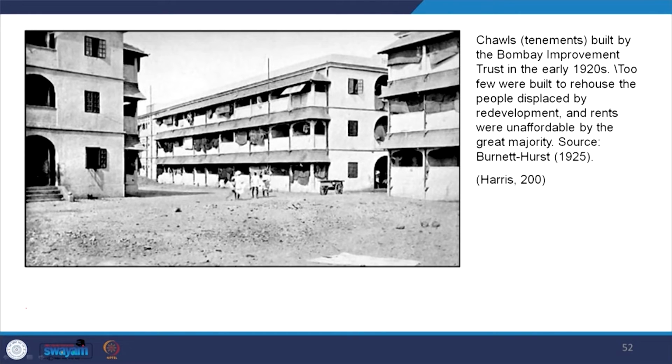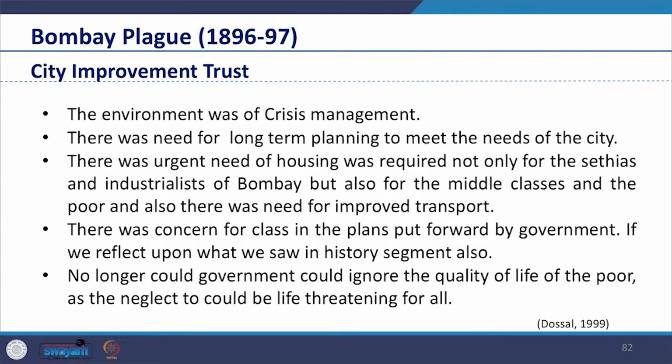Very few were built to rehouse the people displaced by redevelopment, and rents were unaffordable for the great majority. The environment was of crisis management. There was need for long-term planning to meet the needs of the city. There was urgent need of housing required not only for the